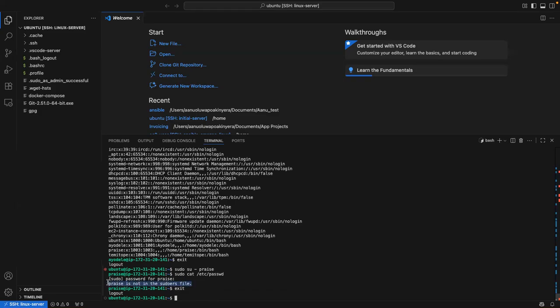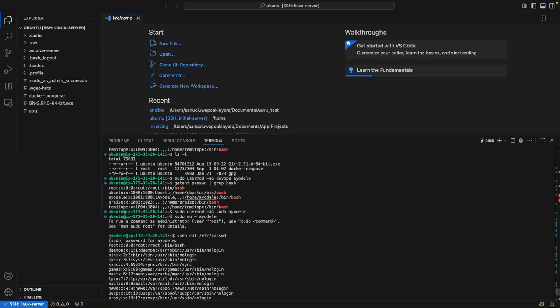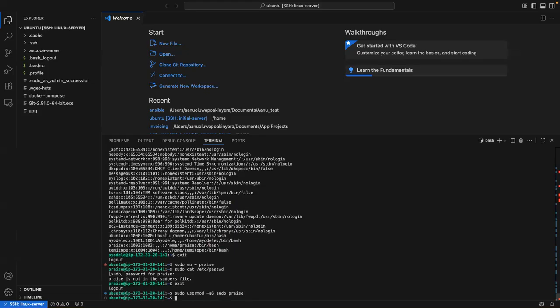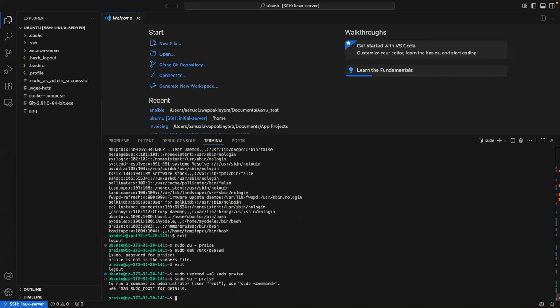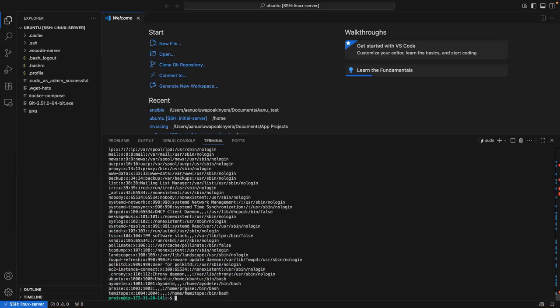So let me just copy the command: sudo usermod -aG sudo, and then I will type praise. And it has answered me. So let me now try to switch as praise again. As you can see, praise is now an administrator who can read the file that you couldn't read before.